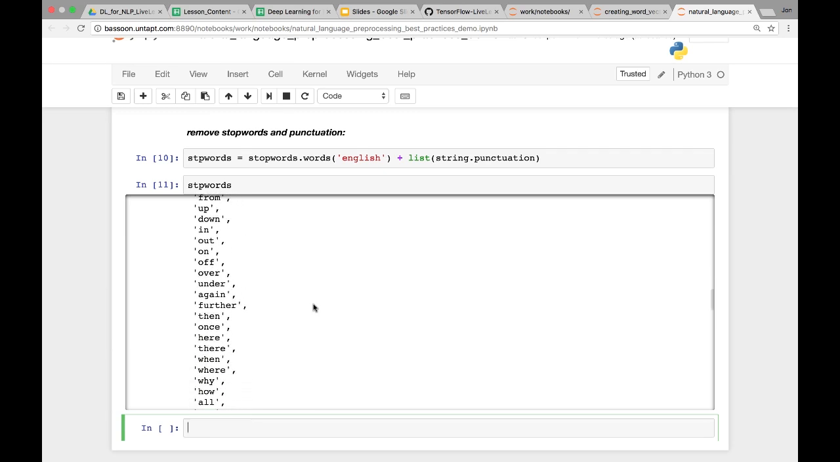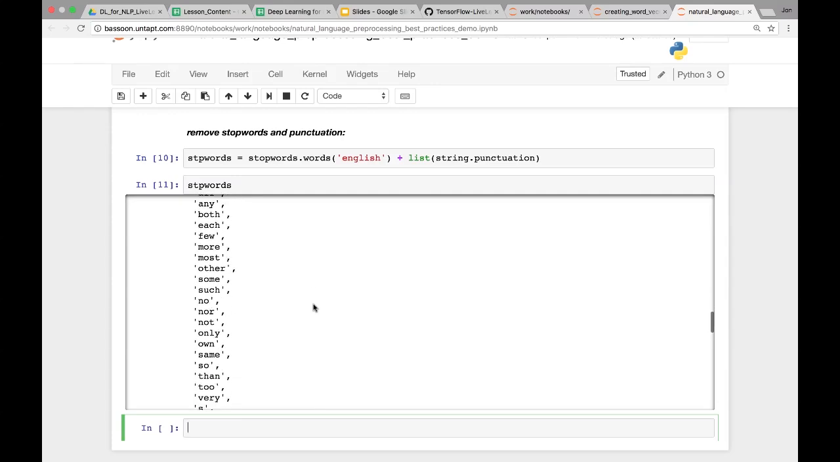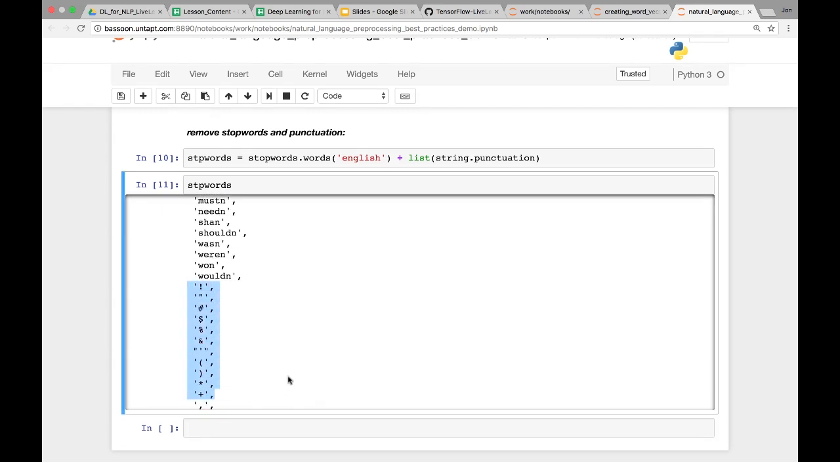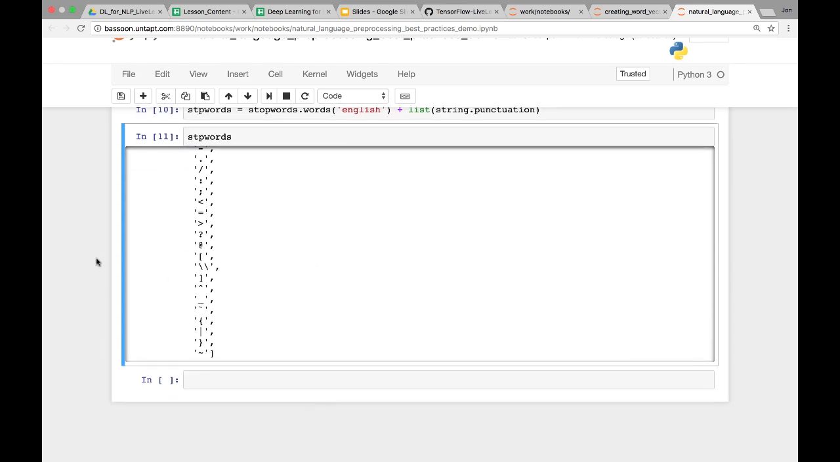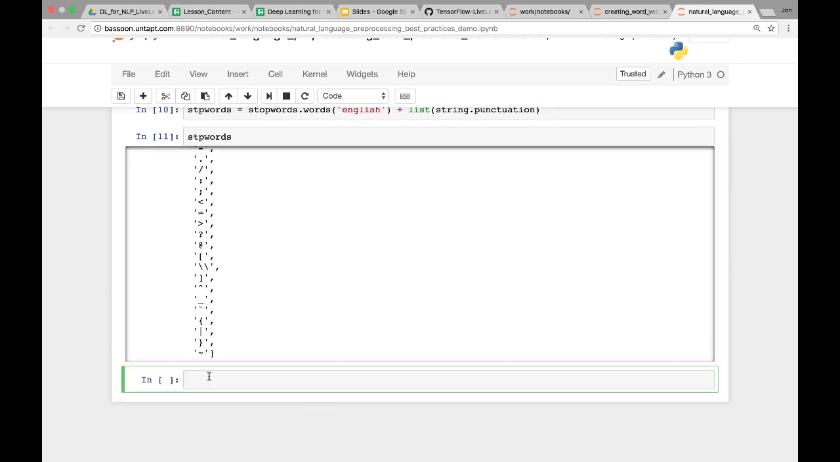There are a lot of different ways you can consider pre-processing your natural language data, and the best way to check what the right thing to do is to experiment with a few different ways. At the bottom of this list, we also have the punctuation marks that we want to remove from our sentences as well. So let's create a list comprehension now that does both